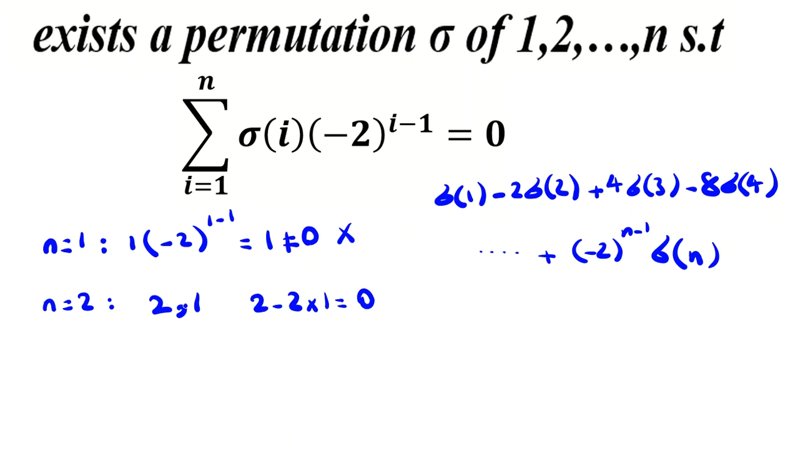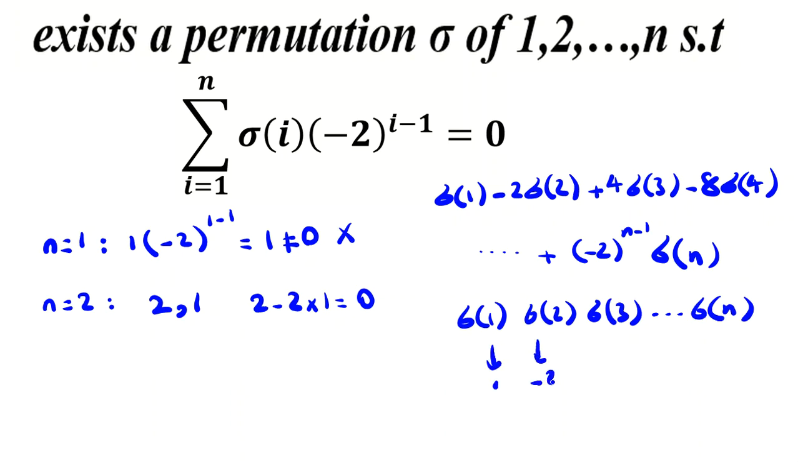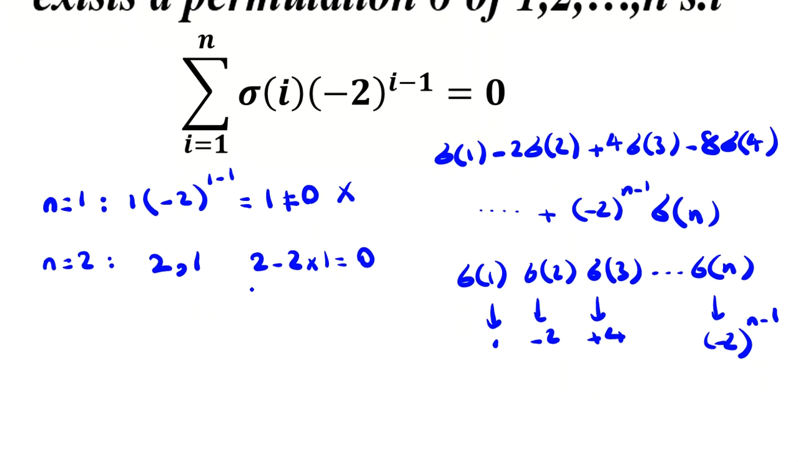So we see that there exists a permutation here. If you consider sigma 1, sigma 2, sigma 3 up to sigma n, you multiply the first by 1, the next by negative 2, the next by plus 4, the next by negative 8, and the last by (-2)^(n-1). And you want to find an arrangement of 1 to n that makes it equal 0. For n=3,